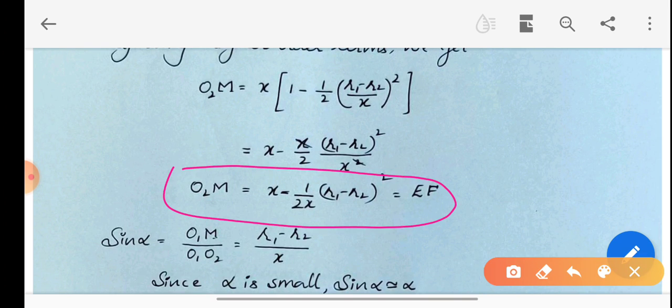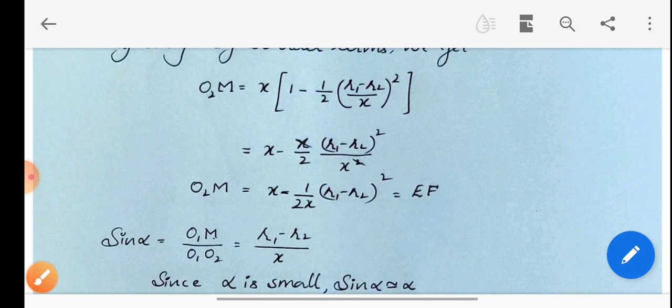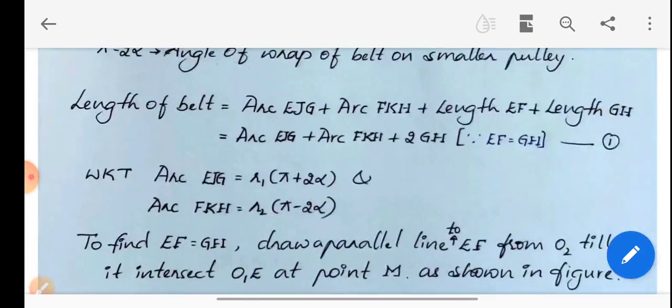Now we have got length O2m, which is equal to EF, which is equal to GH. Now we need to find out alpha. So again, if you look at the diagram,